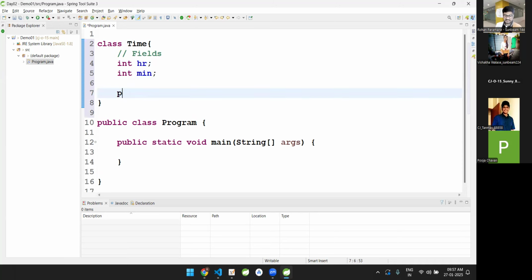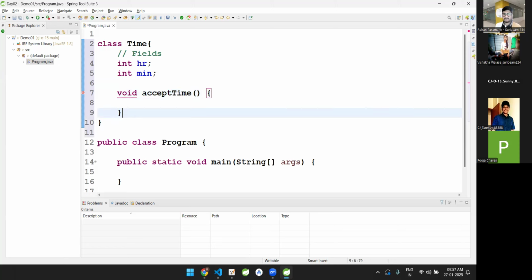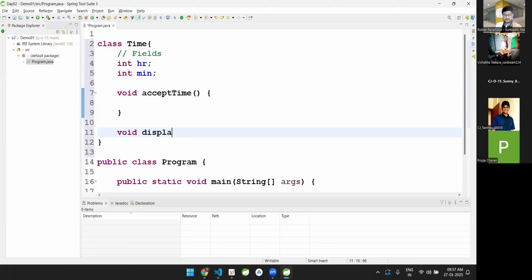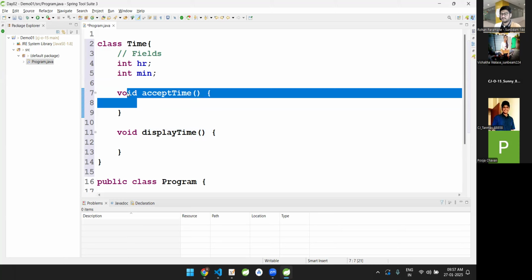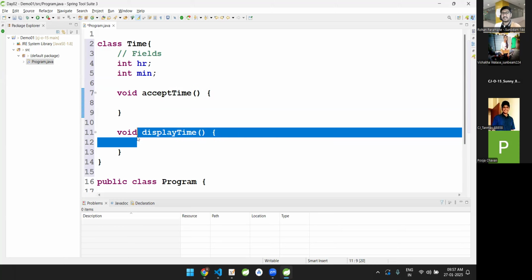Maybe I want to accept them, so maybe I'm going to say public, और public वगैरह हम लोग बाद में लिखेंगे। Maybe I'm going to say void accept, maybe I want to accept the time, and maybe what I want to do is I want to display the time। मुझे दो चीजें करनी हैं। I want to just accept the time, I want to take the time, we could say input from user, and I just want to display whatever the time that I have stored inside it।